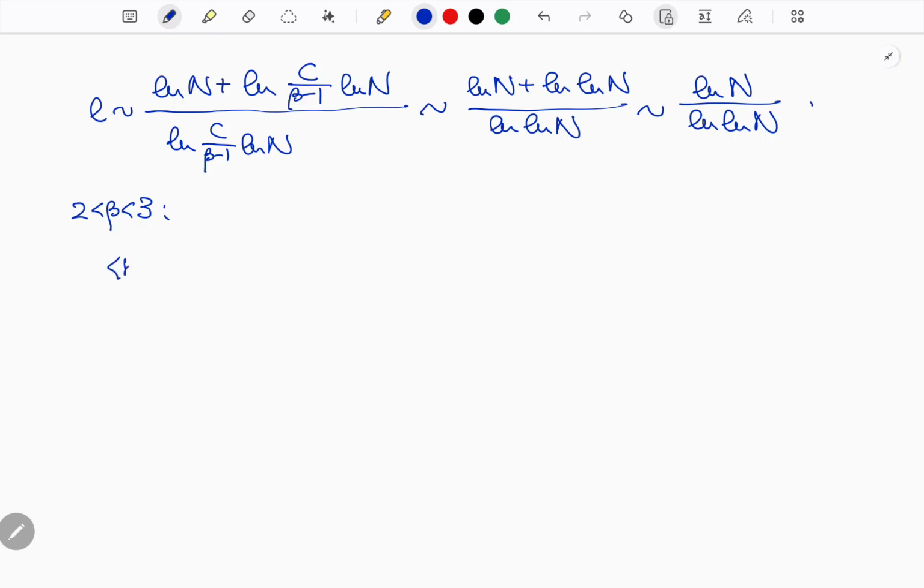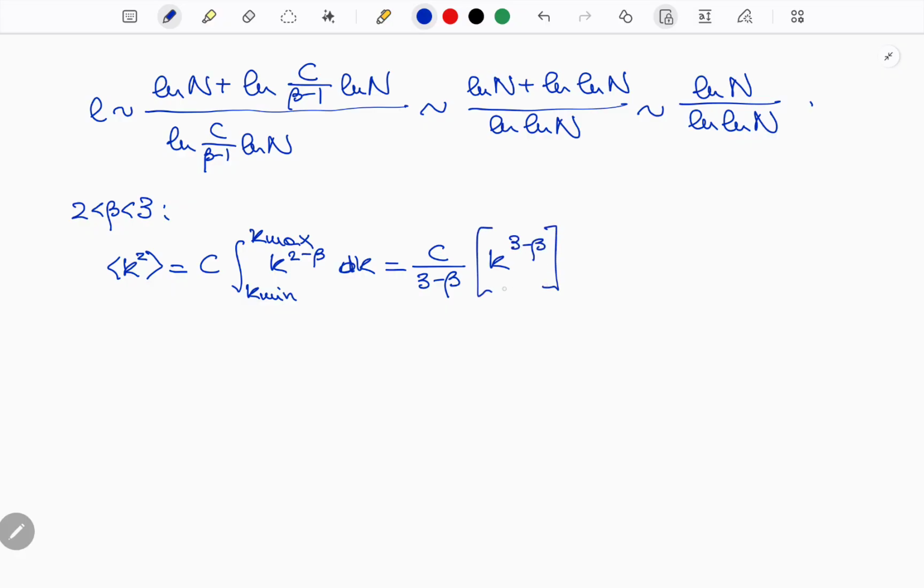So now the average of k squared is going to be c times the integral from k min to k max of k squared times k to the minus beta, differential of k. I also have to use the k max trick, because if not, this is going to diverge. This is equal to c over 3 minus beta, and remember that now I have k to the 3 minus beta evaluated at k min and k max,